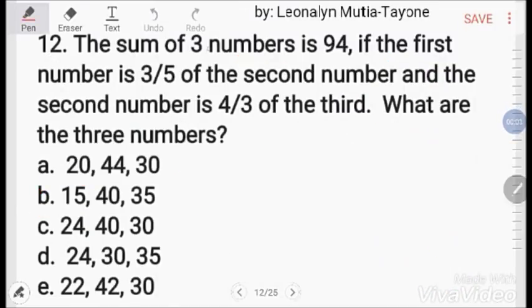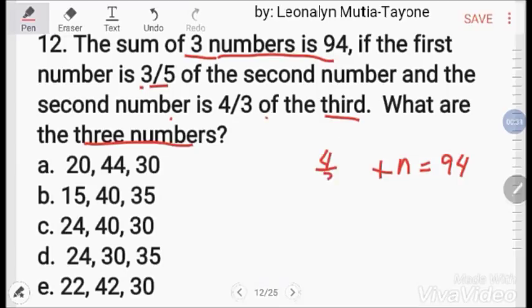Number 12. The sum of three numbers is 94. If the first number is 3/5 of the second number, and the second number is 4/3 of the third number, what are the three numbers? Unahin natin yung third. Let n be the third number. So n plus the second number, which is 4/3 of the third, so 4/3 n, plus